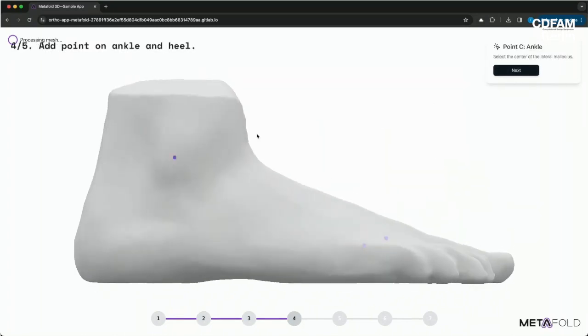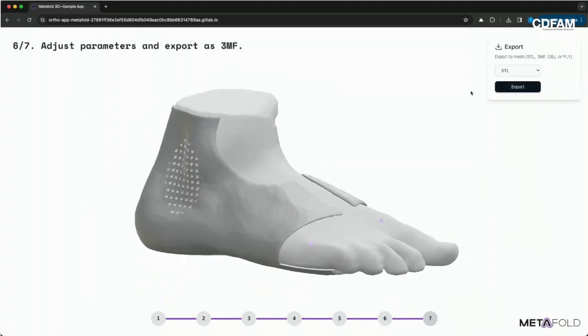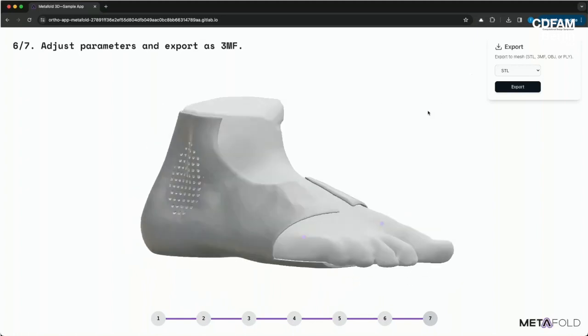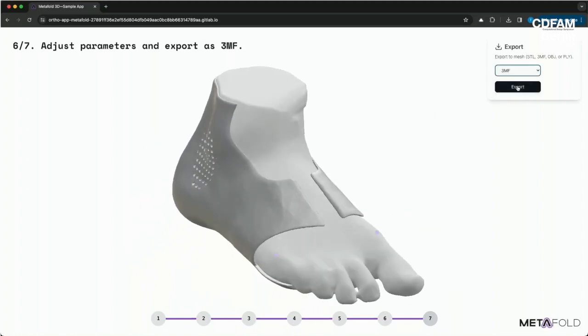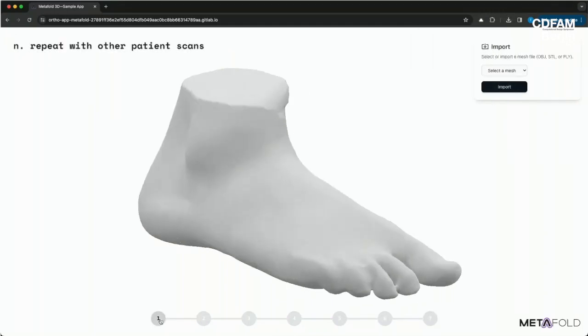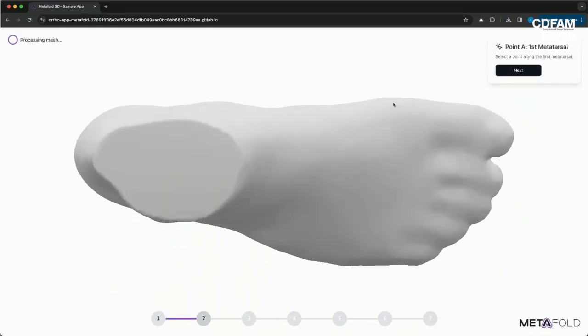The app takes in patient scan data, in this case feet. It prompts the user to select some points on the geometry to guide the geometry generation. So once again, doing this on the web is not something that is straightforward to do necessarily. It auto-generates the geometry using the implicit kernel, and then allows the user to export, in this case, 3MF.